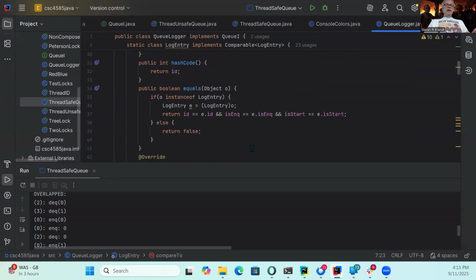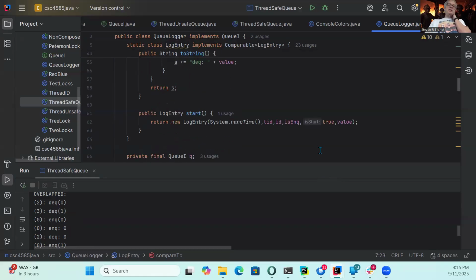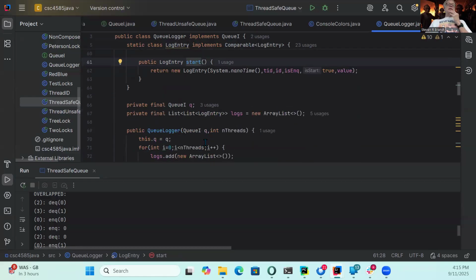All right. And it's got a toString method, which is going to try to make something that mimics the notation that we've seen before. And you can see sort of the result of this underneath, right? We've got a thread number, we've got the NQ, we've got the value, and we've got the colon here when it's finishing, right? It's very similar to this notation that we've been seeing. And here's a way of, this is a little clumsy, but this is a way of getting a version. If I'm at the end of an entry, I get the start version, and you'll see why I need that in a minute.